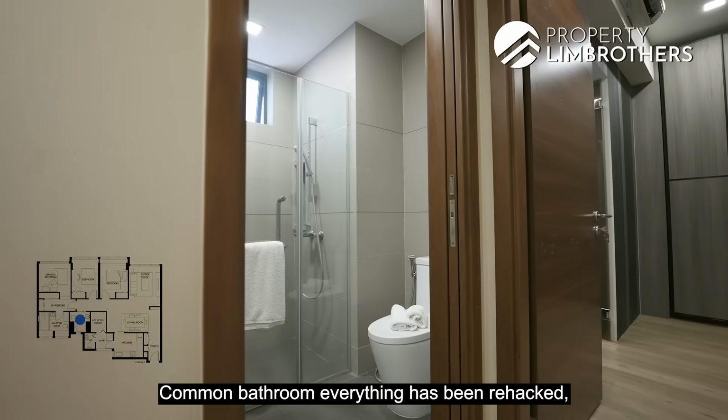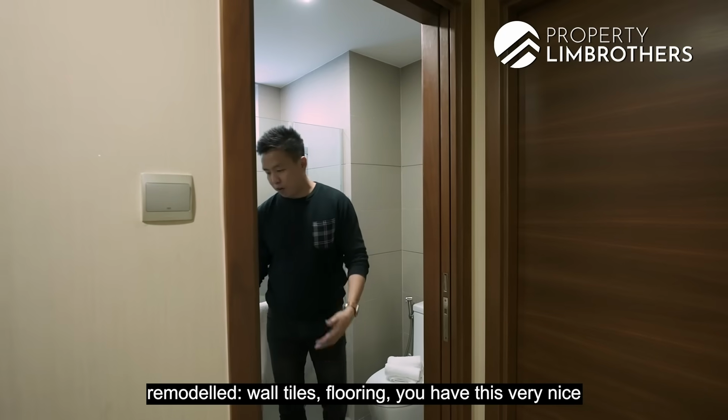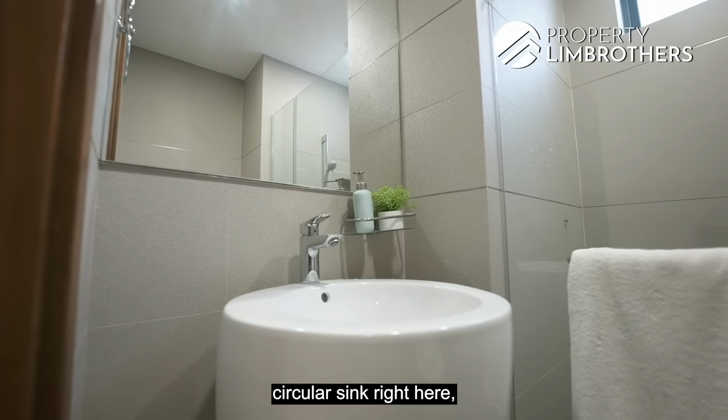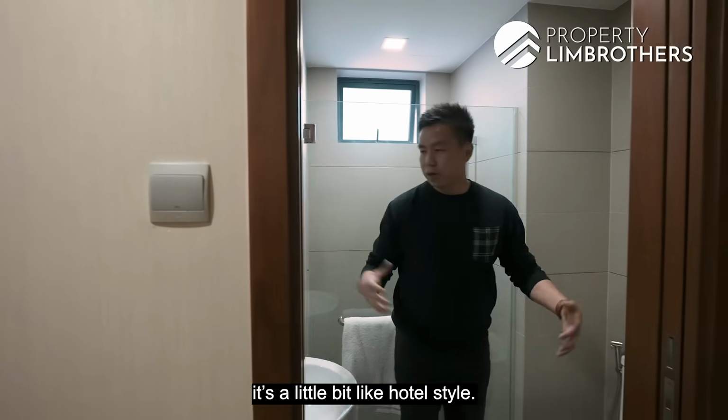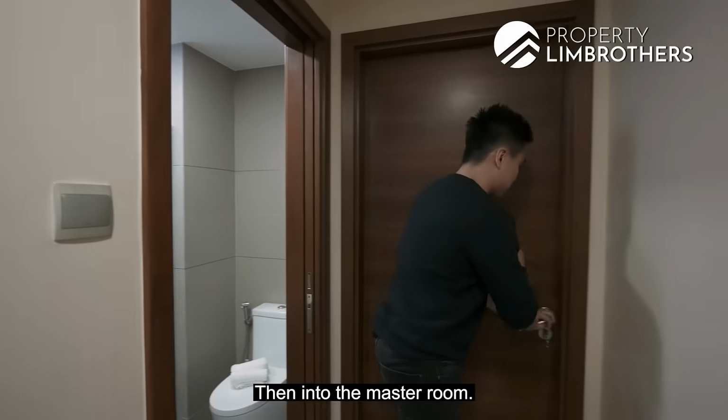Common bathroom, everything was rehacked and remodeled. Wall tiles, flooring. They have this very nice circular sink right here. It's a little bit like a hotel style. Most importantly, you don't have to do anything. And then in terms of master room,